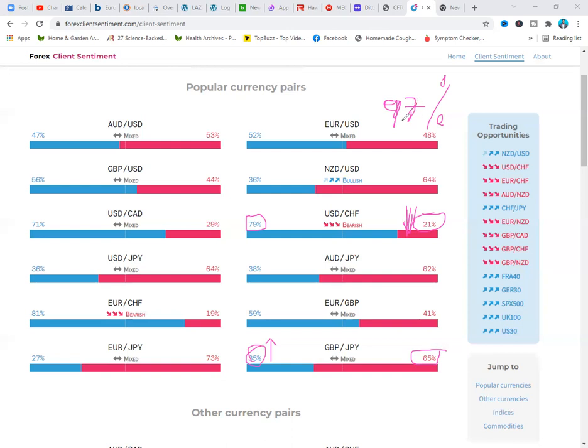So because of that, at the end of the day, it is only the minority of traders in the market that will make profit, not the majority. That is why the majority of traders are losing money in the forex market. So when you hear the statistics that 97% of traders are losing in the market, and it's only 3% that